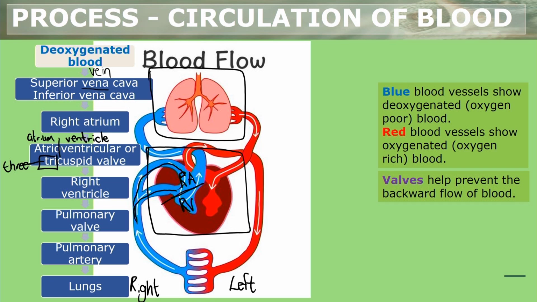So the deoxygenated blood will move from the right atrium through the atrioventricular valve, or the tricuspid valve, into the right ventricle. Once the deoxygenated blood is in the right ventricle, it needs to move to the lungs, but it first needs to move through a pulmonary valve. We know that pulmonary refers to lungs. So this is the valve that is found here in the pulmonary artery that prevents